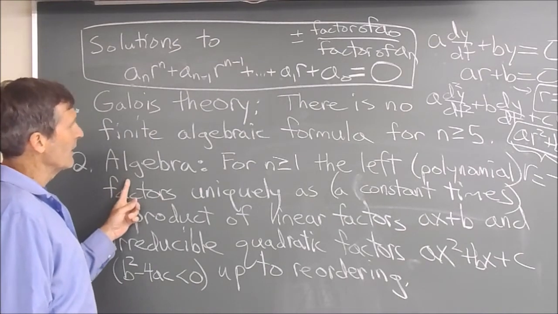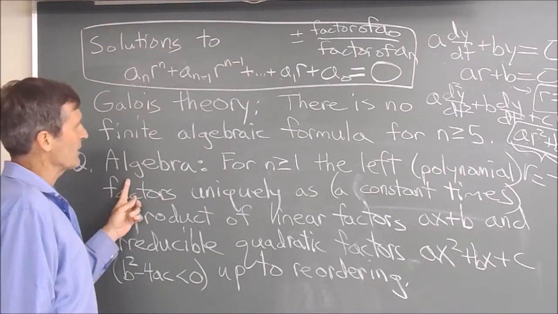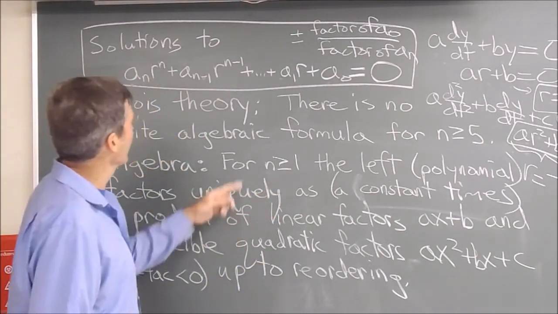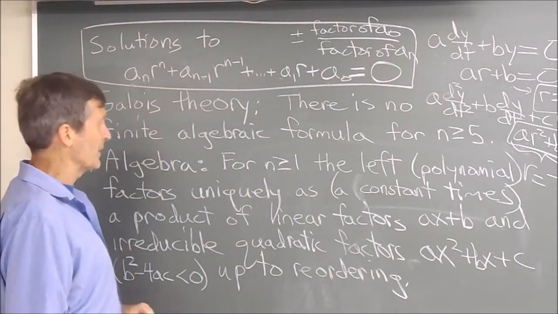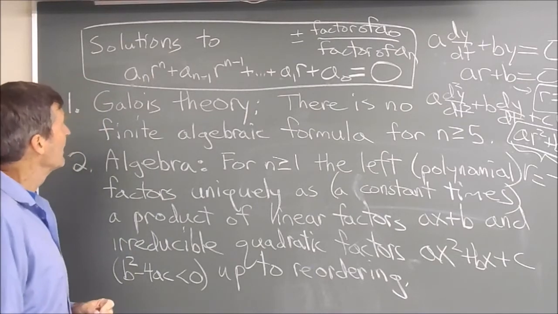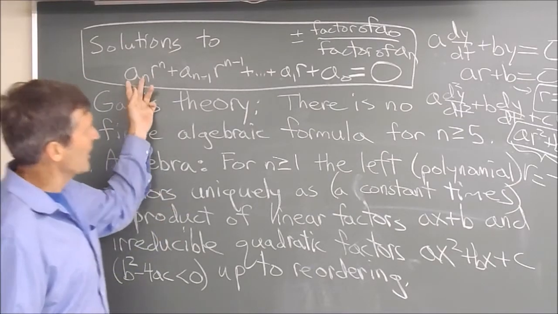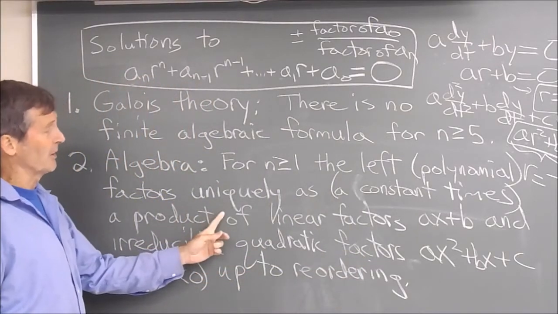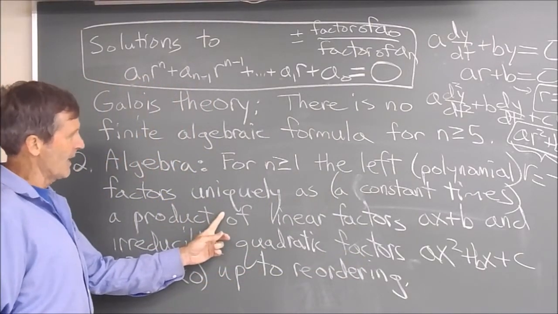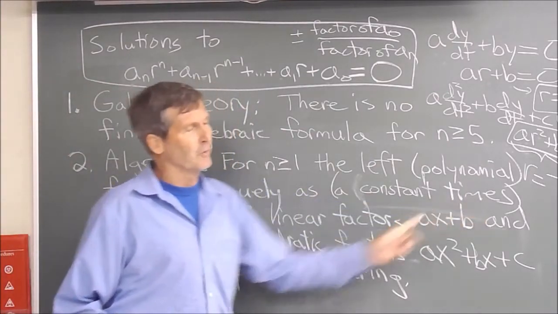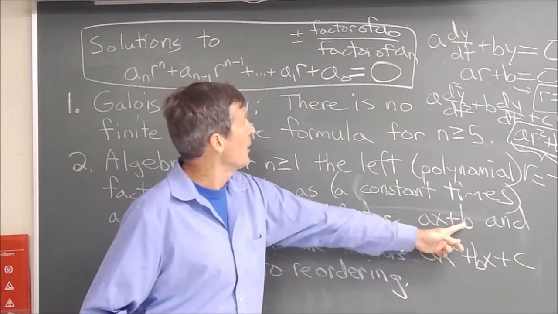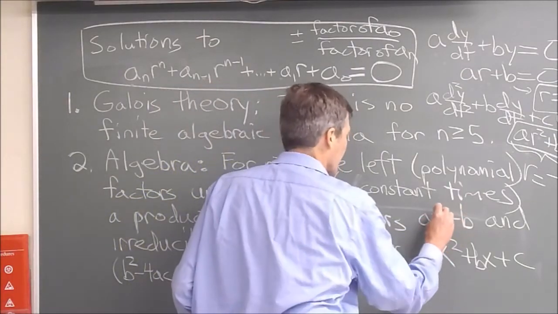And now, what do we do for the ones we can't solve? Algebra. You should remember from algebra that for a polynomial of degree n greater than or equal to 1, there's this nice theorem: this left side, called a polynomial, factors uniquely as a constant in front times the product of linear factors, a number times r plus a number,